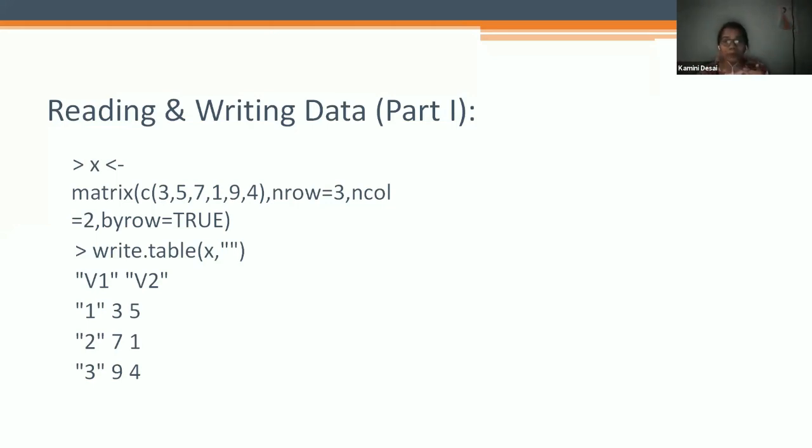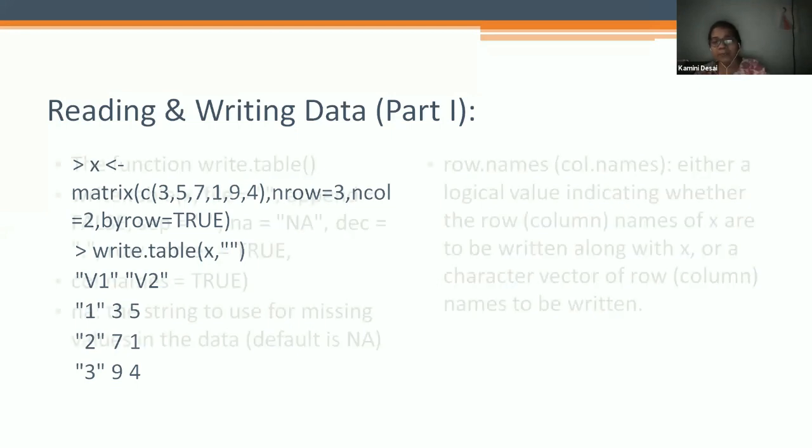Are you able to do this exercise? Yes, ma'am, this is working. Okay. Because I have given over here write.table. Before that, we have given only write. Write.table is there, but this is matrix form.